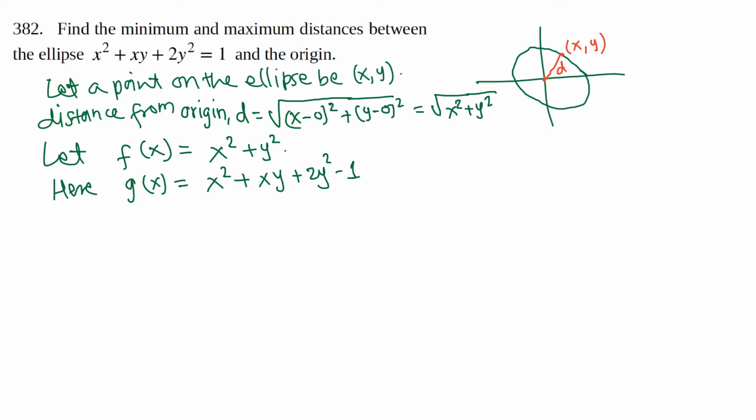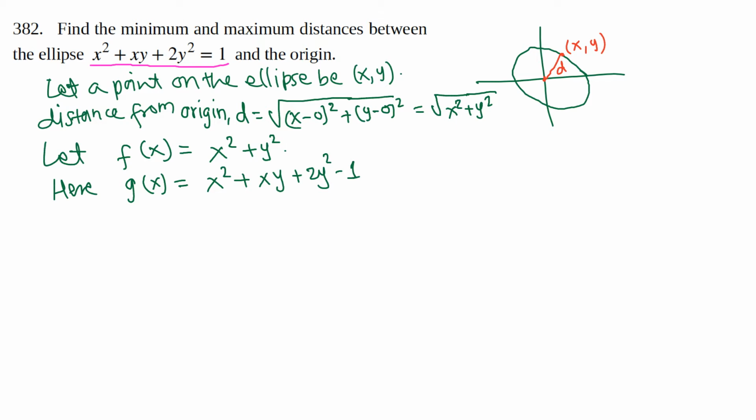But instead of working with this square root, let's take the function x square plus y square without the square root, just to make our life easier. That's the objective function for now, and the constraint is just the ellipse. So the points x, y should satisfy this equation. So this is the constraint, it's given,